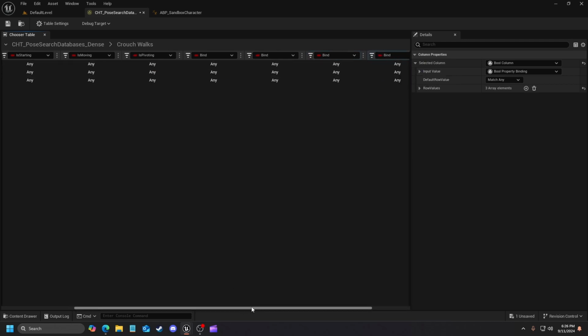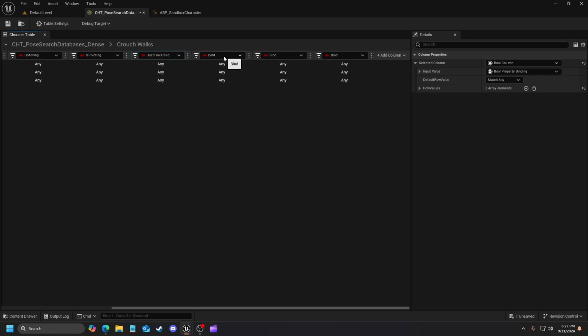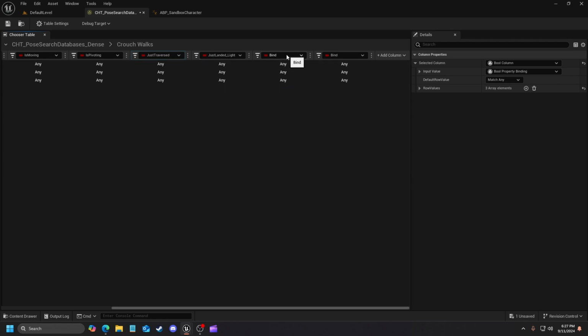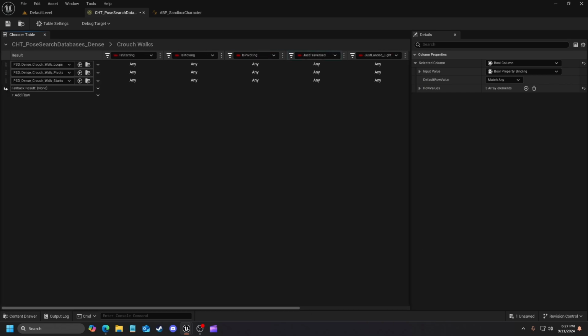So go ahead and on the first bind, do the just traversed, because we're trying to keep it the same as the stand walks. And then the next one should just be just landed light. Then the third one should be just landed heavy. And then the last one should be should spin transition. So if we're trying to keep this the same as the walks, what we're going to go ahead and do